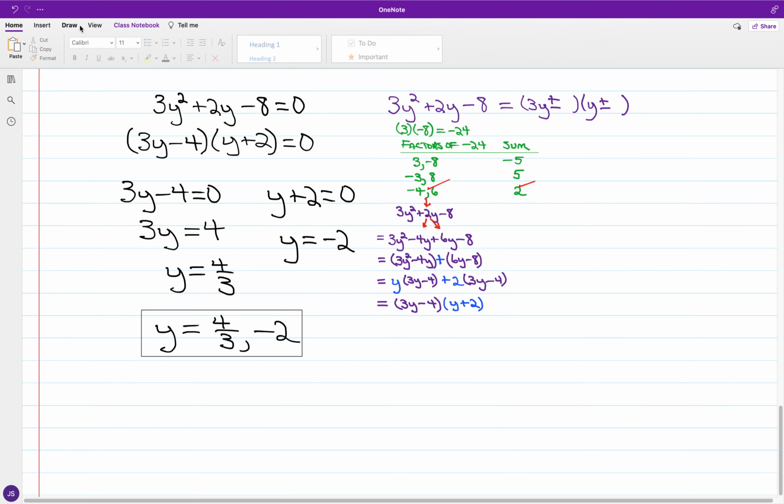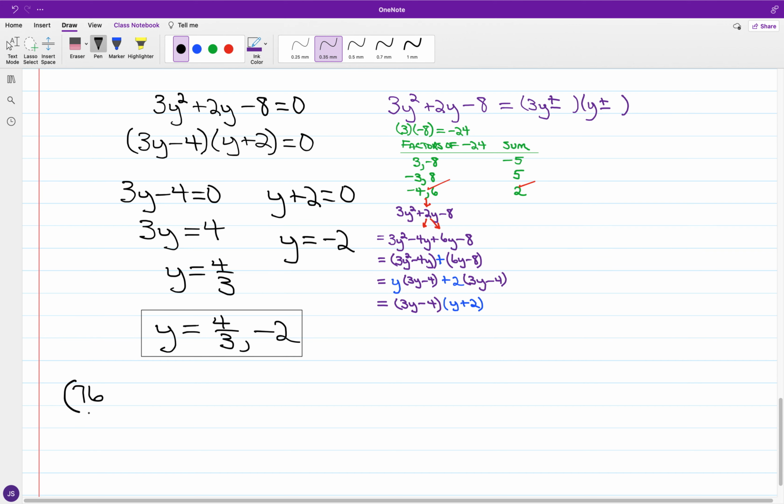Say in number 76, going back to the letter M, we're solving for m, whereupon we have m plus 2 over 3, minus m minus 4 over 4 is equal to m plus 1 over 6